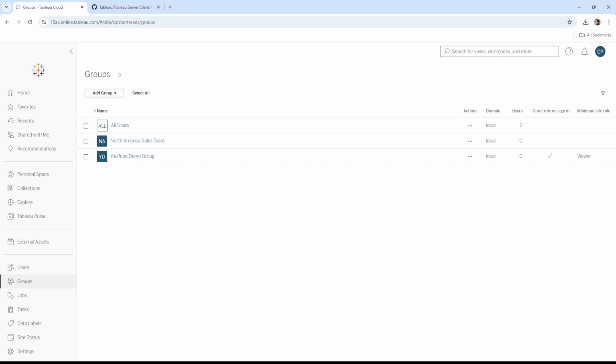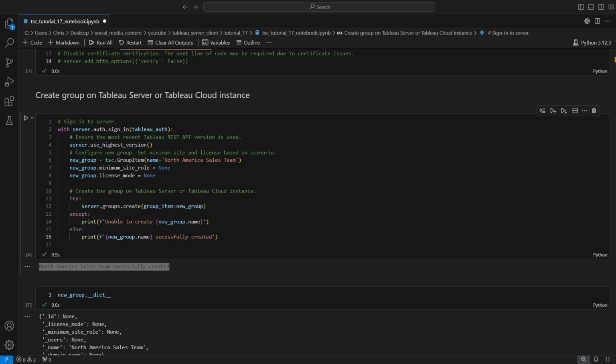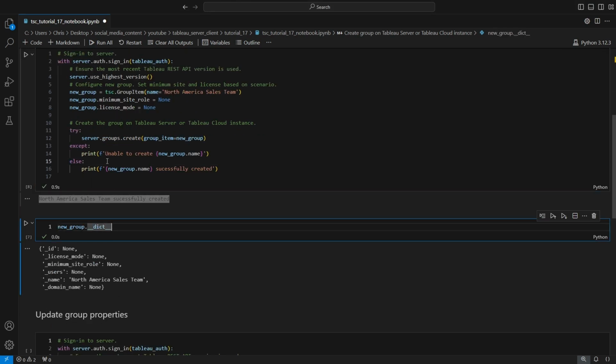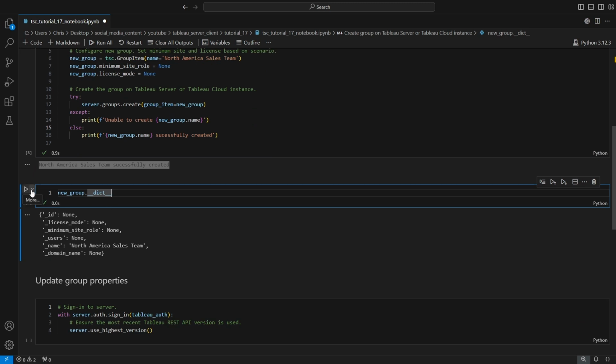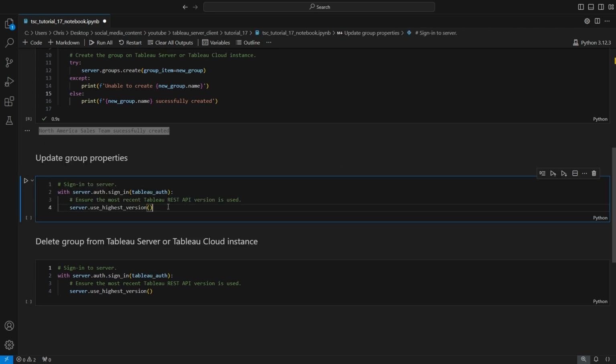What we're going to do is jump back over to Visual Studio Code, and we're actually going to run an update request on here. So we're going to update this group. And what are we going to do when we update this group? I'm actually just going to update the minimum site role for this group. Let's go ahead and delete this block, and we're going to use the same authentication block here. I'm going to sign into my server, use the most recent API supported by my Tableau Cloud instance, and then